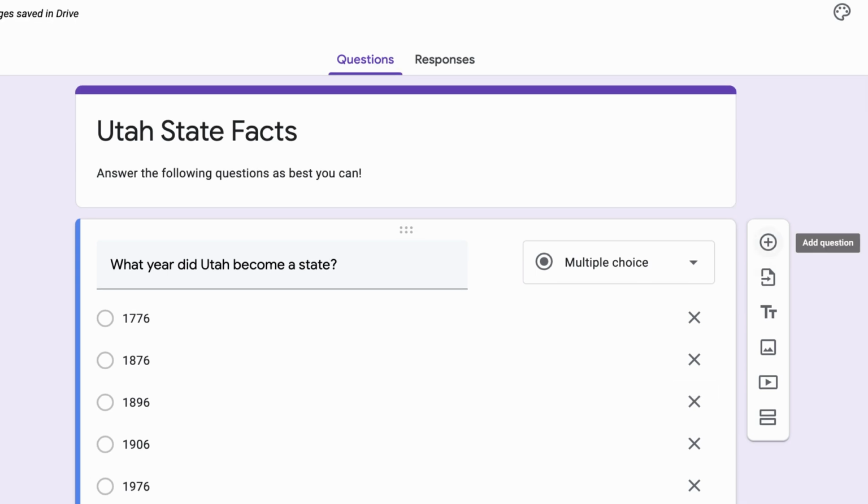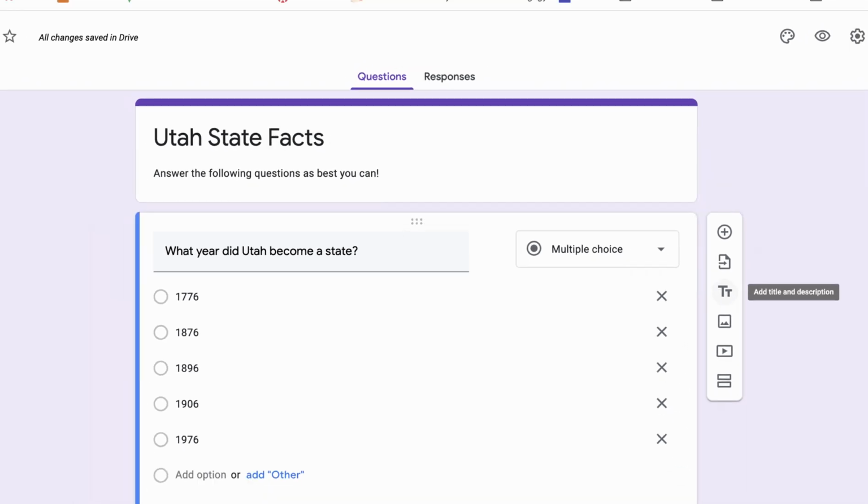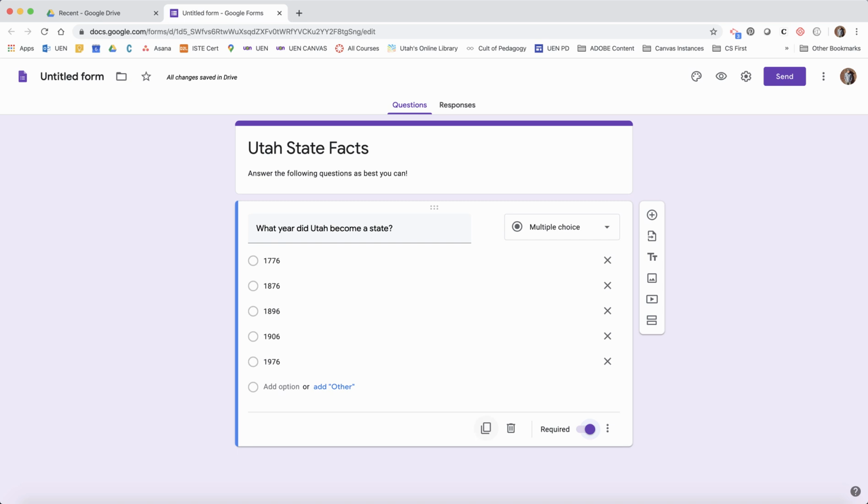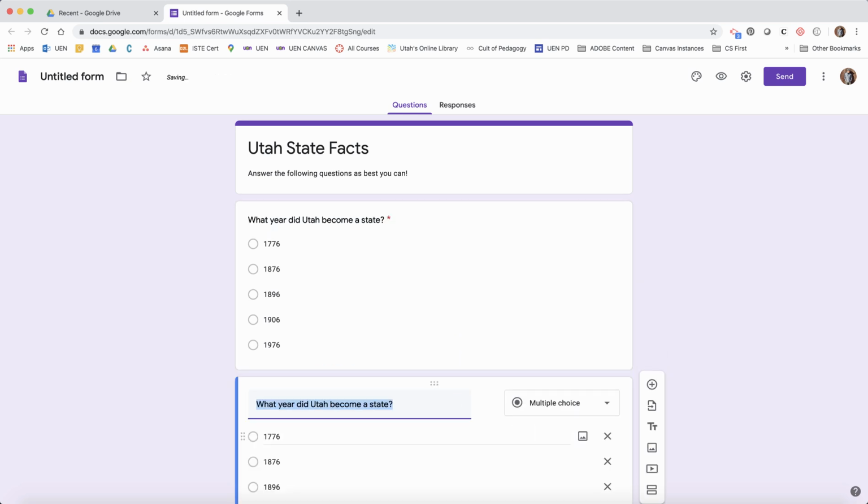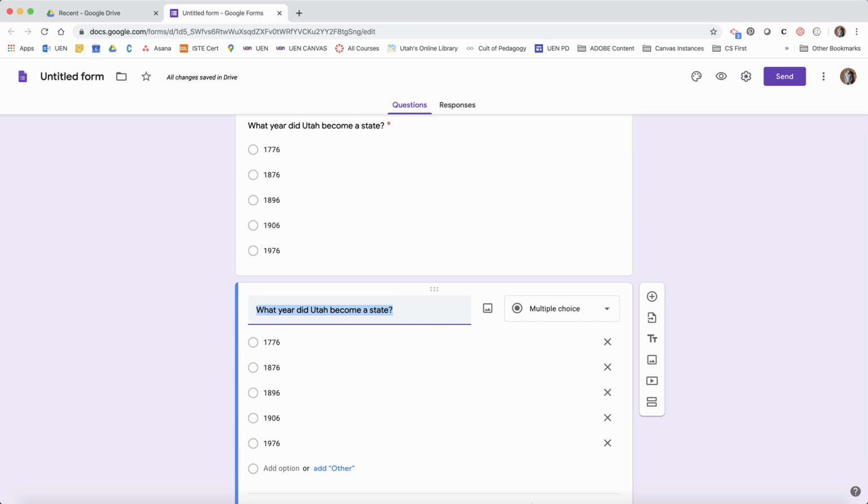And then I'm going to click over on the far right, Add to add another question that's different, or I can import some questions from other forms. One button I really like is this little duplicate button down here. If you duplicate the question, you could then go and ask a similar question but leave the same possible answers. So this one might be, what year did the colonies declare their independence